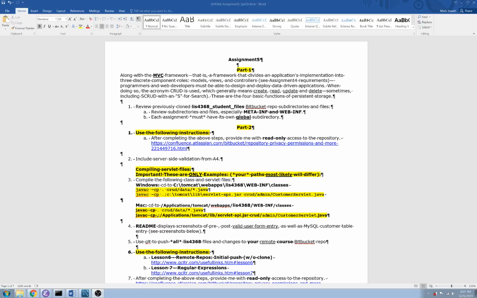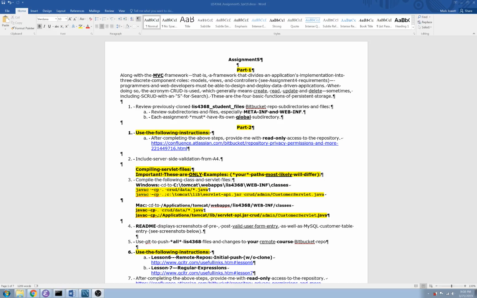Hello, everyone. Beginning with assignment 5 right now, and it's a continuation of assignment 4. I'm going to show you the interface here, very similar initial functionality, but I just want to quickly review. We talked about in assignment 4 and throughout the course here about the MVC framework or architecture, model view controller,